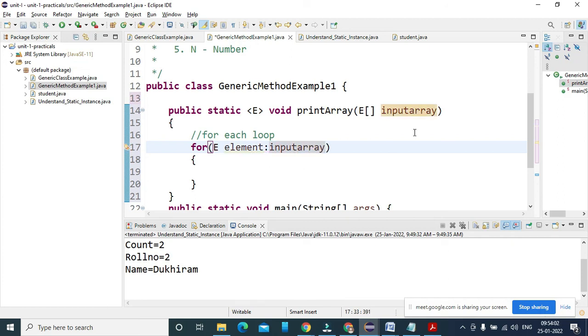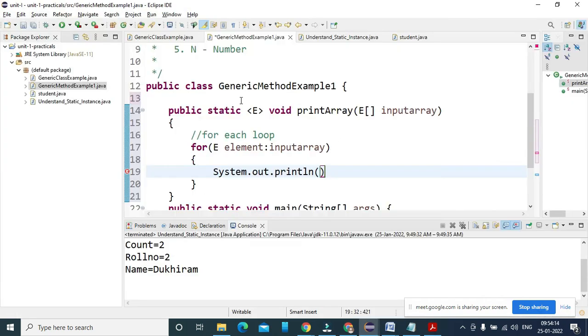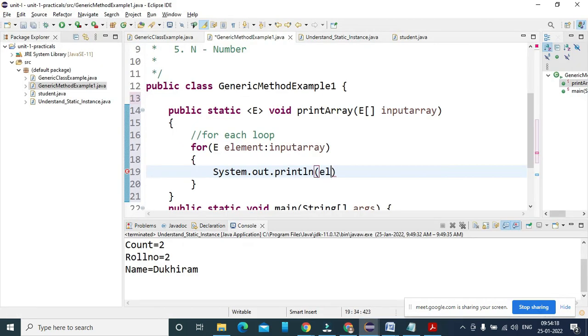So I put E kind of element here, and I'm going to print those values with System.out.println. It keeps on printing the value by simply using the element.